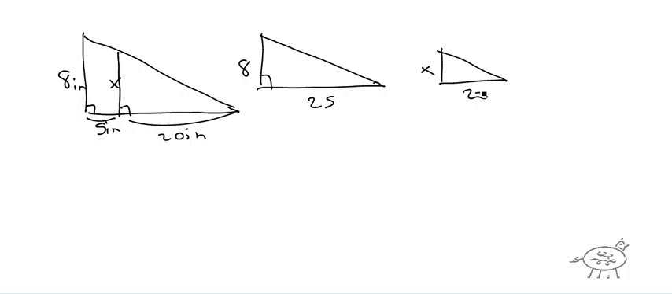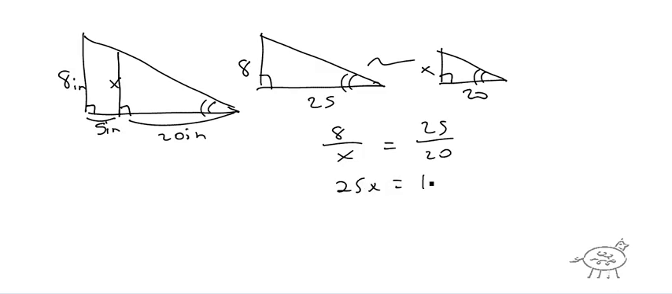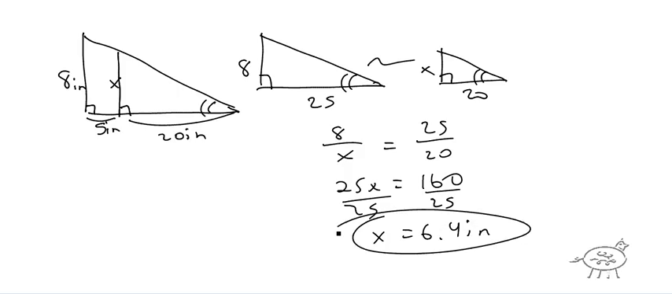And these triangles are similar triangles because they share this corner here. Okay? So again, these are right angles here, and then obviously they're similar triangles. So you can say 8 over x equals 25 over 20. Okay, cross multiply, and you get 25x equals 160, divided by 25. X comes out to be 6.4, and again, don't forget inches, your units. All right? Okay, so now we're going to talk about the definition